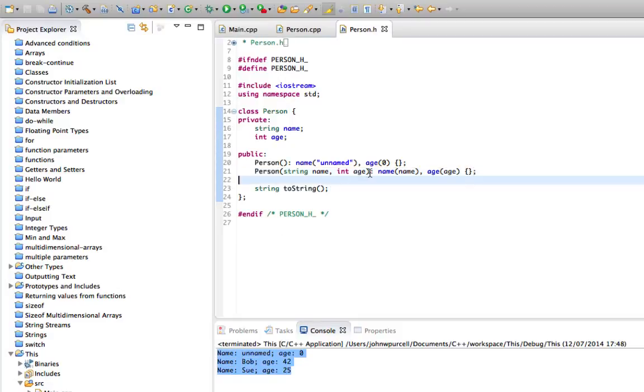So again, it's a small thing, but I was actually doing C++ for a long time before I dared to use the initialization list, just because it somehow looked really complicated. But it isn't at all. As you can see, it's actually very simple,